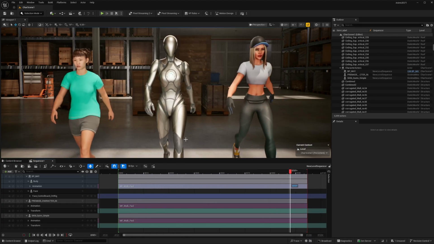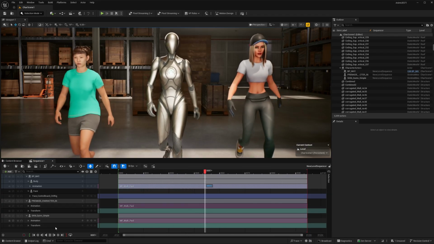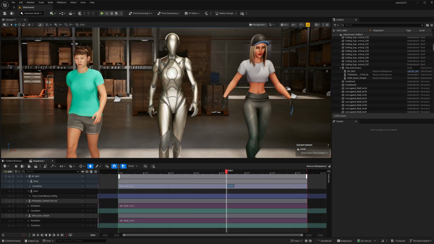So how do we put this together? Let's dive into it. So let's pause this. The main thing is that the structure of these skeletons are compatible. So metahumans are compatible with mannequins by default, and to a certain degree older mannequin UE4 skeletons are also compatible. And by compatible we mean that they have a very similar structure with the same joint names and the same